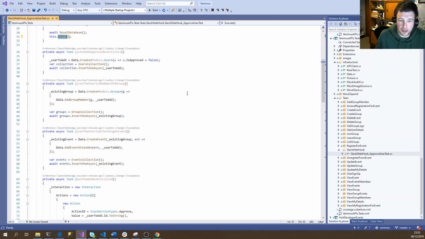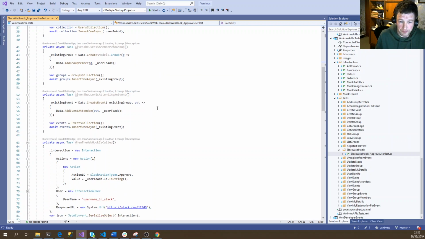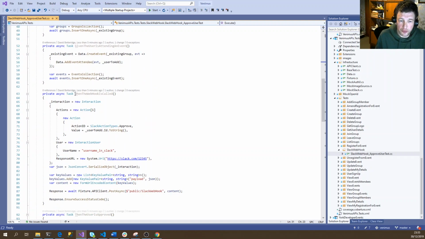Normally you'd write the test first. In this case, because I already had the code, I had to read through the code and work out what the code was actually doing. So we were saying that given an unapproved user exists, given the user is a member of a group and the user is attending an event, then when the webhook's called, Slack calls our webhook back into our application,